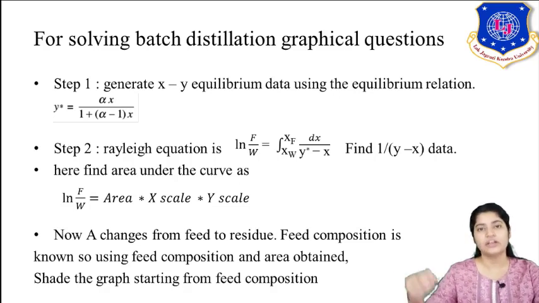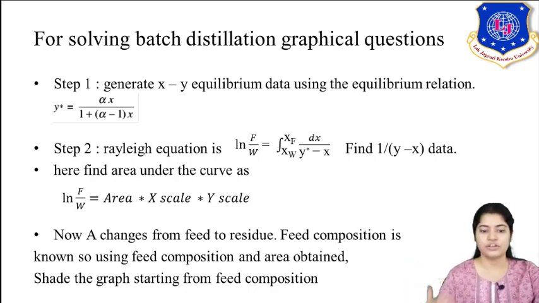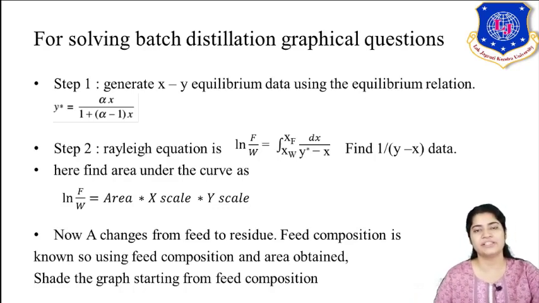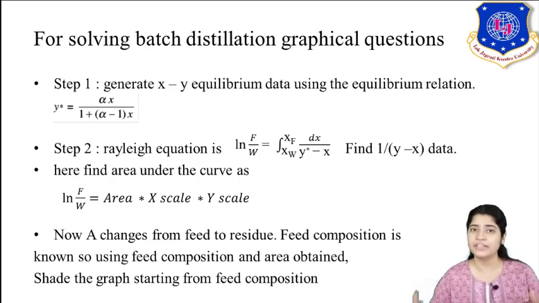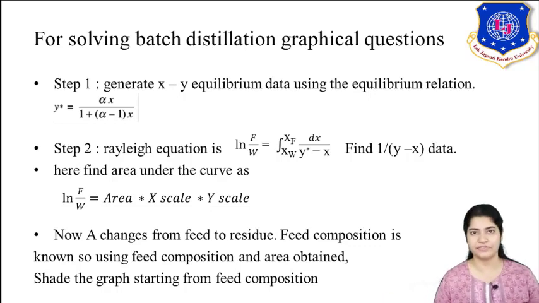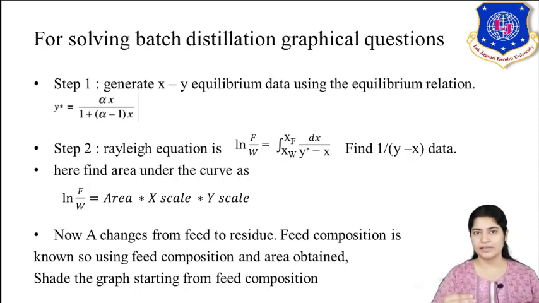In the graph, of course, you take a scale. On the x axis your scale is different, and on the y axis the scale is different. Now how will you get the answer? See, the feed composition is fixed here. Whenever they give you a question, or when you subject your feed to purification in distillation, the feed composition is always given. Suppose I am treating my feed in which the more volatile component A is present as 0.3. So that is the feed composition. Now, up to how much extent has the separation taken place? How will we get to know it? By knowing what A is in the residue, what is left in the residue. You can see your limit is xW to xF.